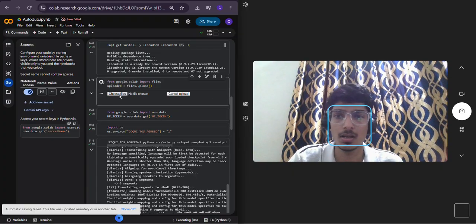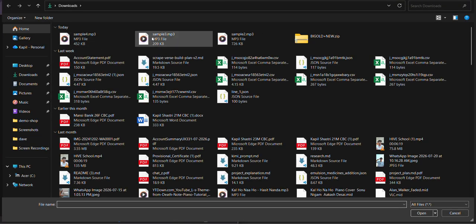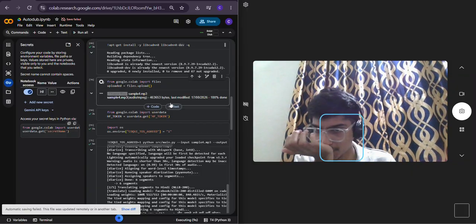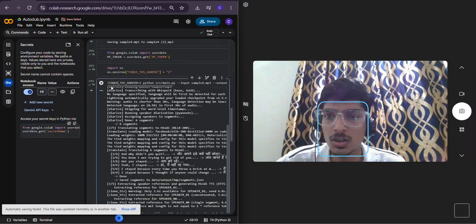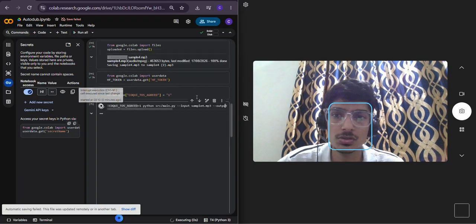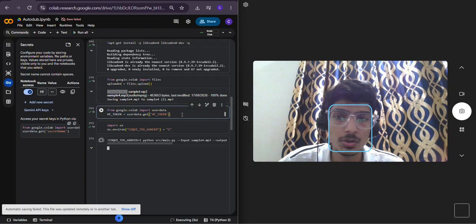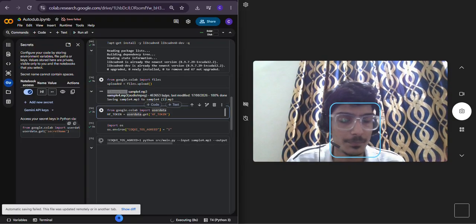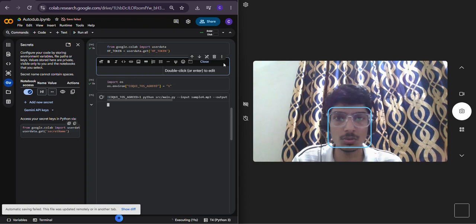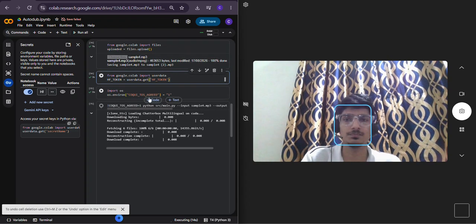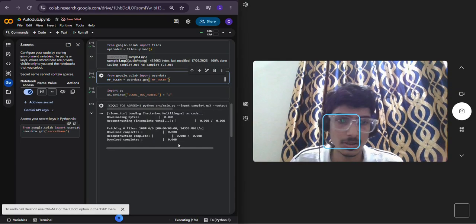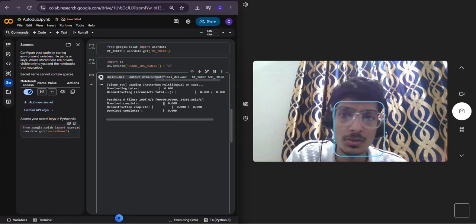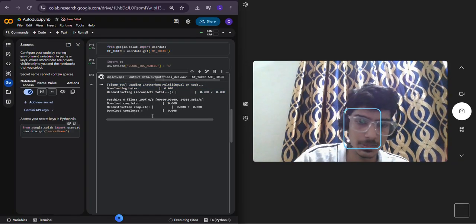Now I'll just upload this sample. I have downloaded the audio file of that video that I just showed you, and I have named it sample 4. Now I have uploaded the sample, and this is the main repo that we need to run. So these are all the environments that we are loading. Also this is the token of Hugging Face, like we are using the voice cloning from Hugging Face itself without downloading the library actually. So this is the token of the open source model that we are using. Now it is loading.